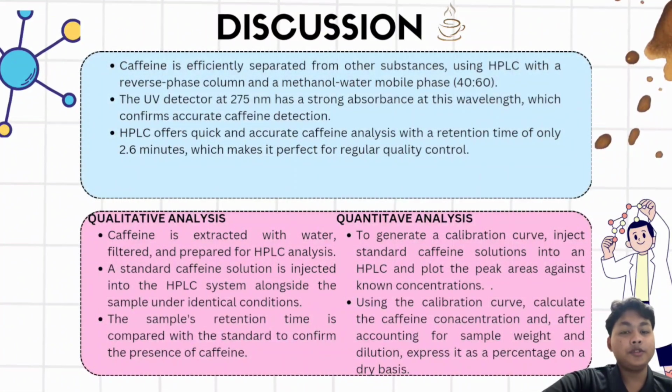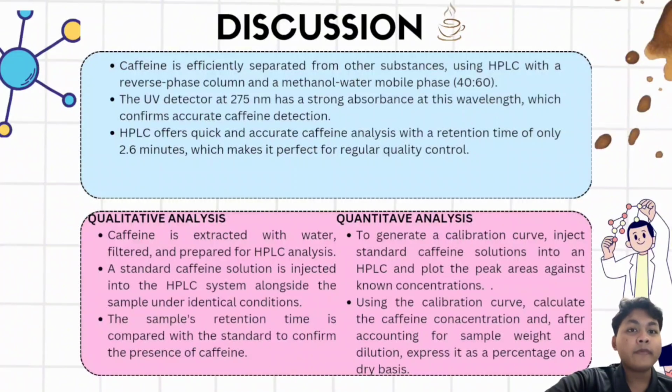We move to discussion. Caffeine is efficiently separated from other substances using HPLC with a reverse phase column and a methanol water mobile phase, 40 to 60. The UV detector at 275 nanometer has a strong absorbance at this wavelength, which confirms accurate caffeine detection. HPLC offers quick and accurate caffeine analysis with a retention time of only 2.6 minutes, which makes it perfect for